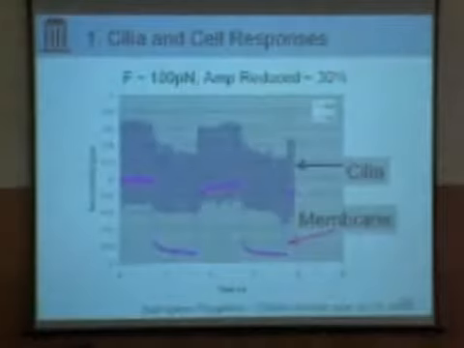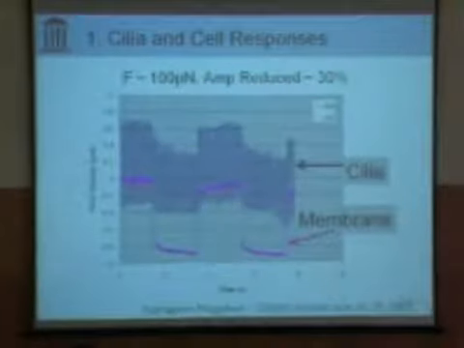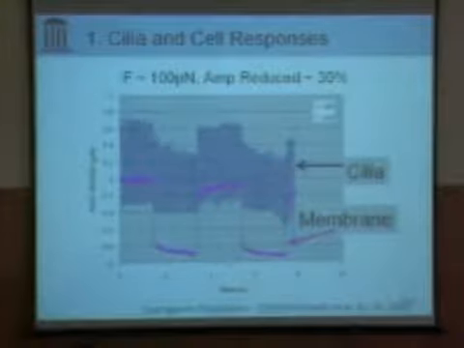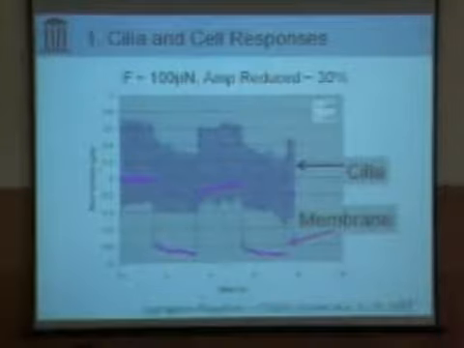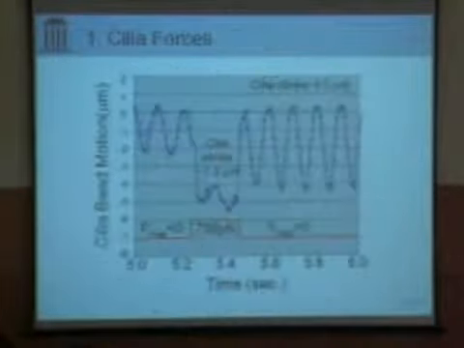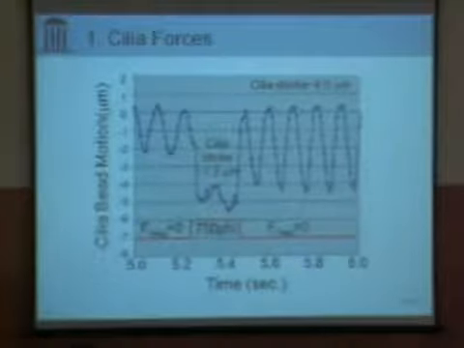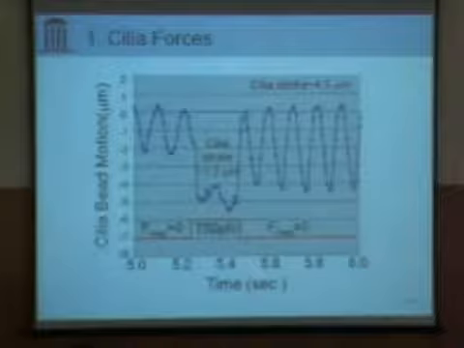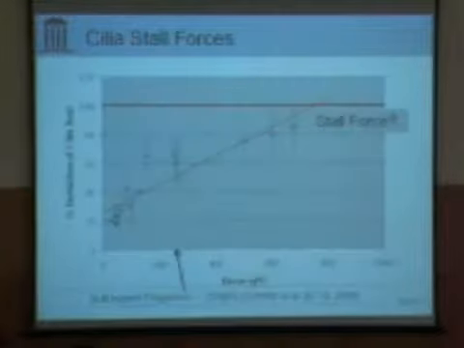So here's something of what we see. Here's the cilia beating. We apply a small force. We can see the whole cilia shift over, but this amplitude has decreased over the initial amplitude. When we apply a larger force, we can get the cilia to completely stop beating. So this starts quantifying the stall force. So what I'm plotting here,